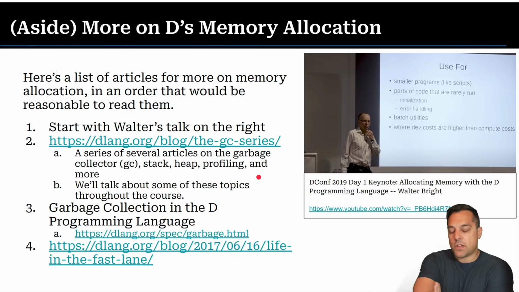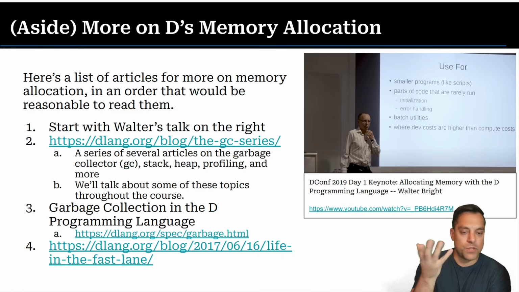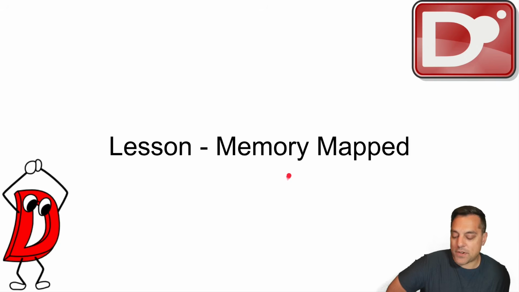This is a great talk. If you're going to watch another talk focusing on the systems aspect, which is what this talk's giving you a preview of in the D programming language, you should watch Walter Bright's talk here on memory allocation strategies, because he talks about malloc and free, the garbage collector, reference counting. He shows you in a slide how to build a reference counted type. If you don't know what that is, you could check this out. Get curious about these, because these are things that are going to show up in every programming language from here on out that you use, or if you're concerned with performance, you just need to know these things. But this is a really nice talk here showing the different strategies that D has. So feel free to check that out.